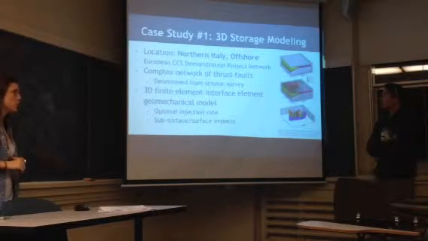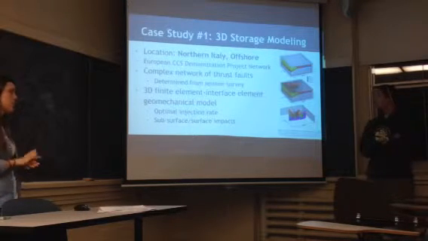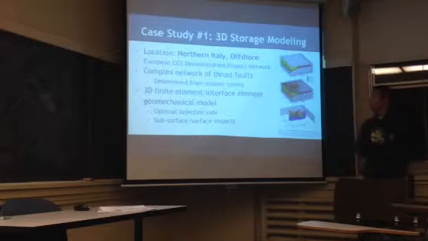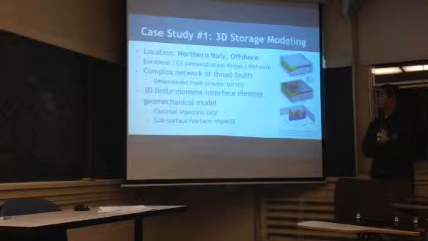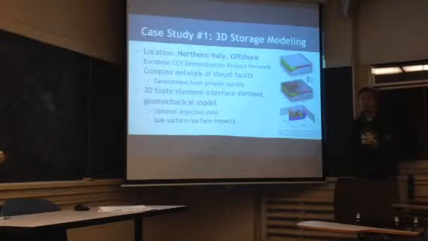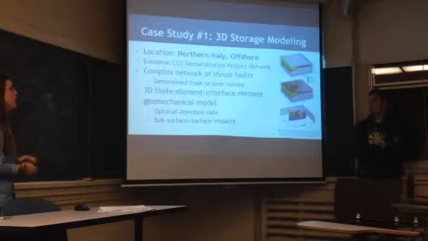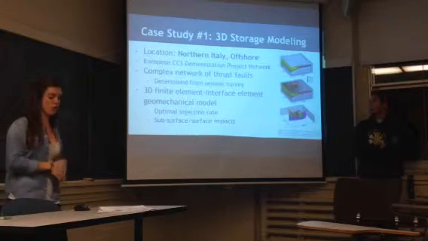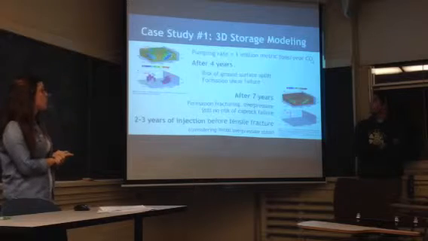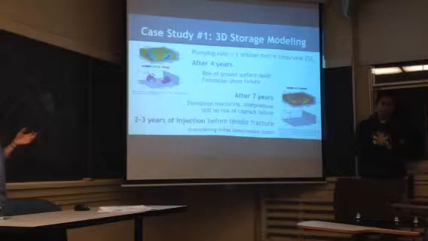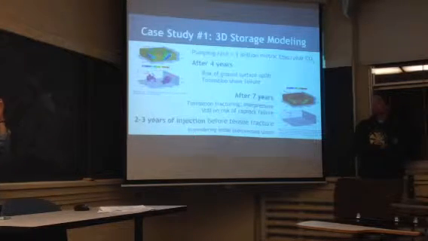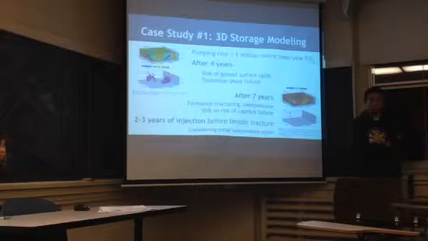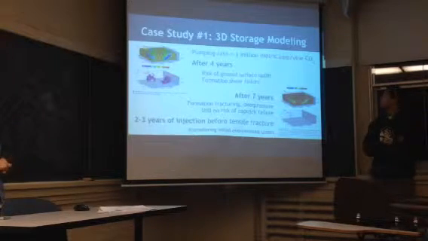So what they did is, using 3D finite element interface element geomechanical modeling, they were able to choose an optimal injection rate, and with this optimal injection rate, see what the effects on the surface and subsurface would be over time. And what they found was, for their optimal pumping rate that was chosen to be 1 million metric tons of CO2 per year, that after 4 years there was a risk of ground surface uplift and also a likelihood of